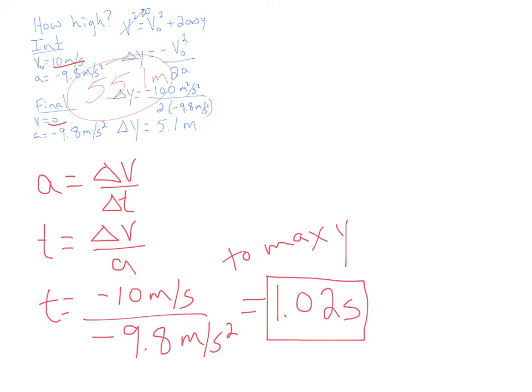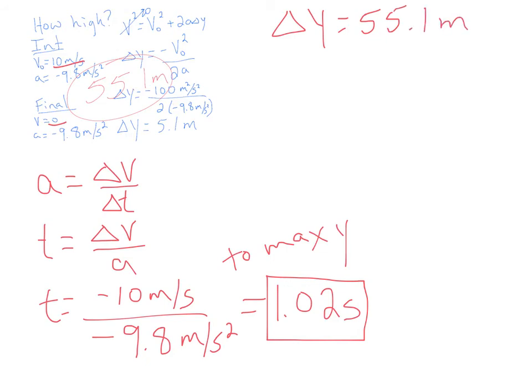Now, that is only the time to the max height. So this is only the time that it takes to travel up. Well, it still has to go from the maximum height all the way down to the surface of the earth. So let's look at that situation separately. And so in that situation, we have basically just an object being dropped from a height of 55.1 meters. So we know our displacement is going to be